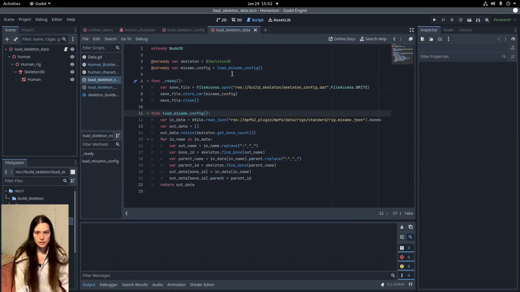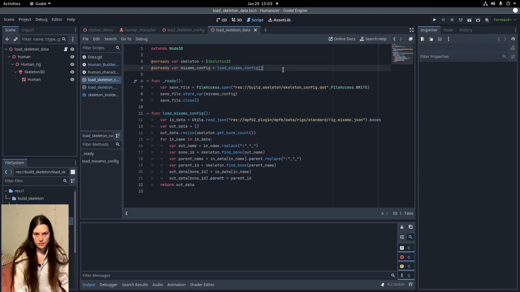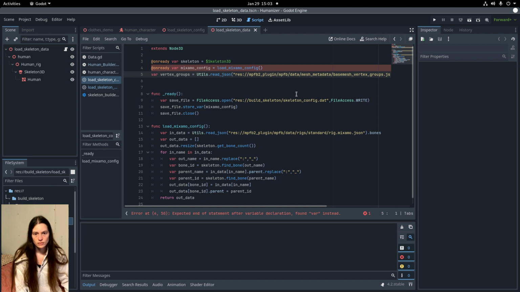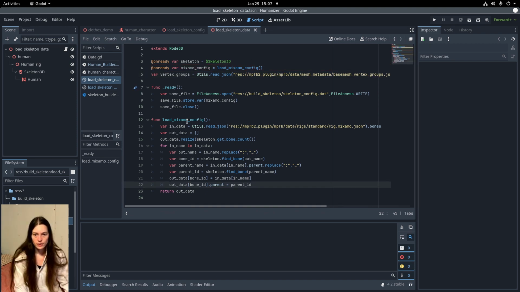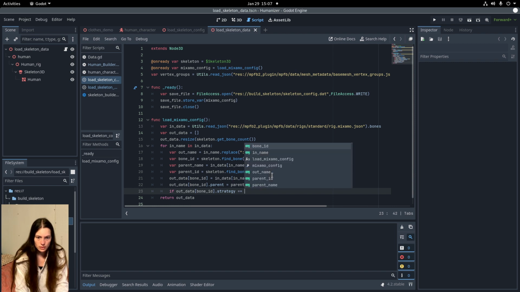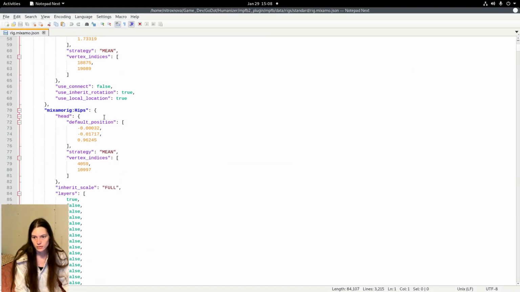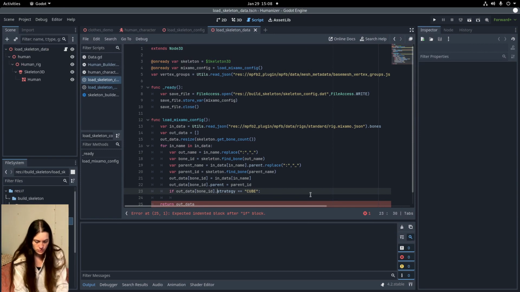So in the load skeleton config, first I'll grab the vertex groups variable from the load skeleton data, and now in the load Mixamo config, I'll check if the out data at bone ID dot strategy equals cube. And this will be in the head, so dot head dot strategy,